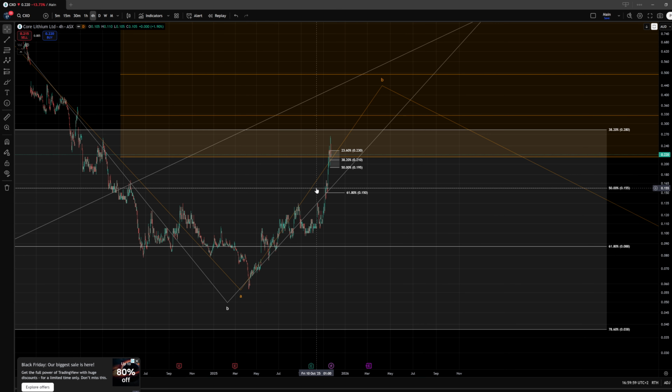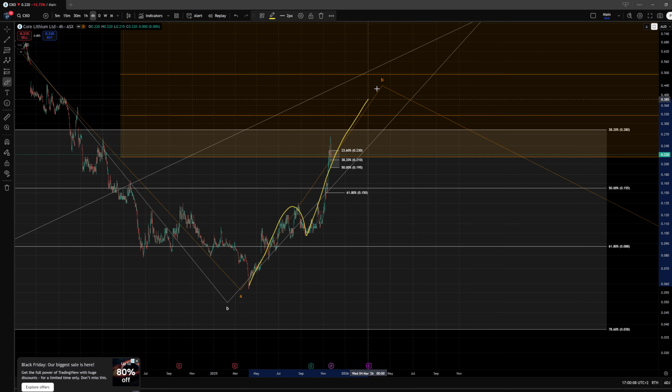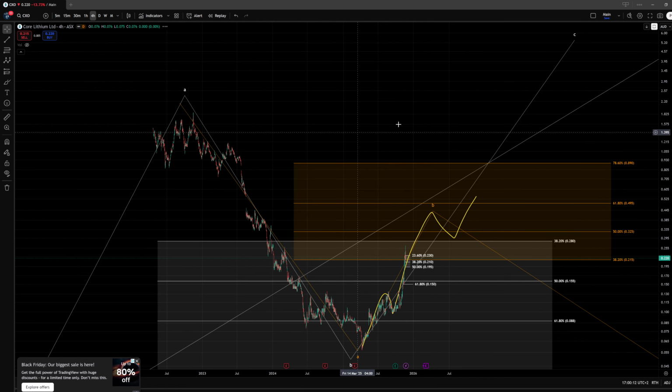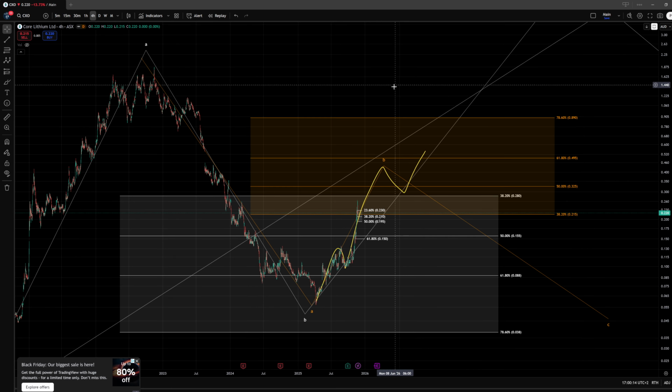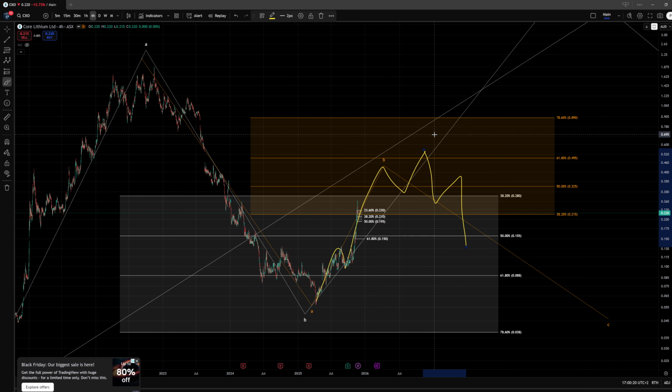So overall, on this chart, we would like to see some more evidence that something more bullish is going on. Ideally, we see something like a 1, 2, 3, 4th, and the 5th form, where we may have a larger wave 1 of the wave C to the upside. But yeah, we need to see this evidence. We need to see afterwards the correction in 3 waves, but already getting a 5-wave move to the upside from this low would be an initial good sign, and actually a quite decent opportunity for a trade setup,